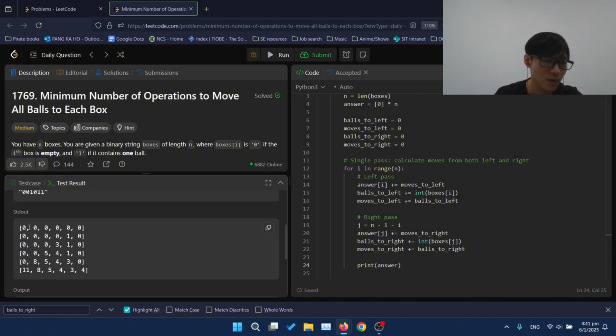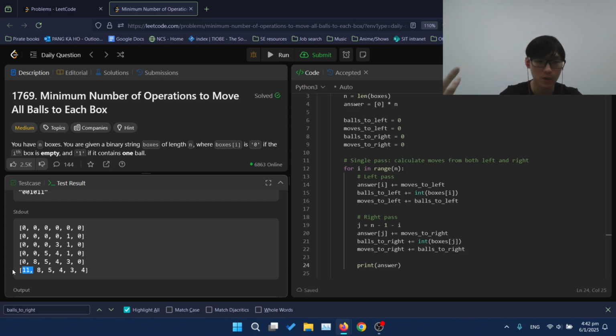Basically, they have a pointer here, and then they have a pointer here, right? So that's the i and j respectively. So the left pointer will just go from left to right, and then the right pointer will go from right to left. And by the time it reaches the last index, it actually calculates the cumulative number of moves